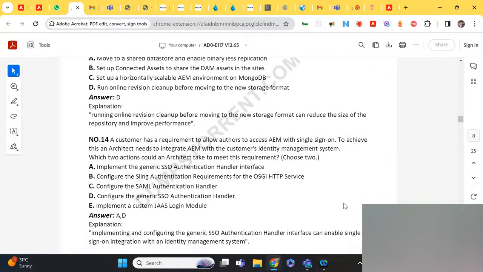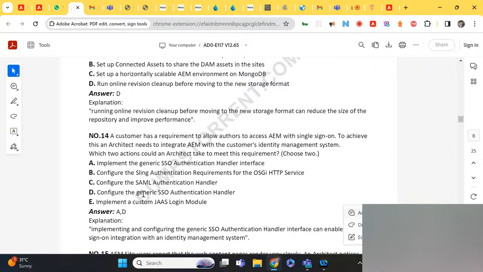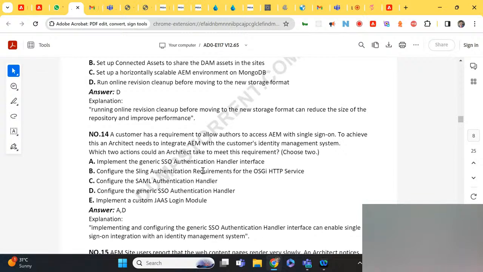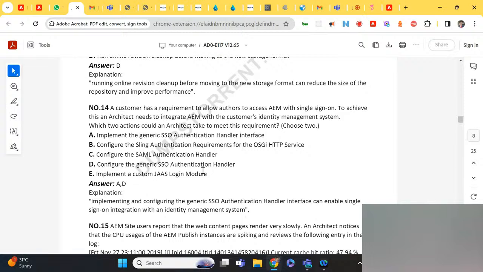That's what I think is the answer. Yeah, that's what they have mentioned: A and D. Okay, for SSO integration, first we need to implement the authentication handler SSO. Okay. The next question is